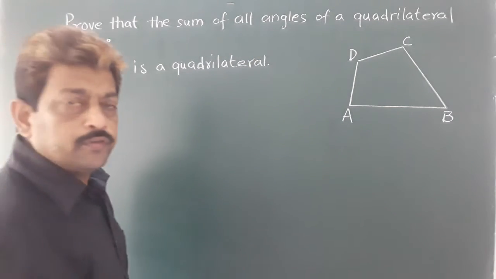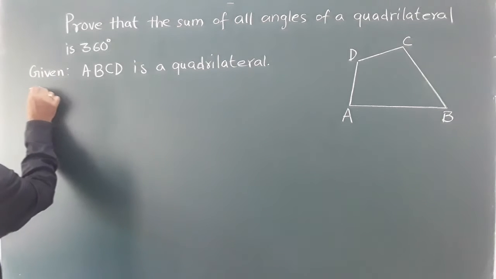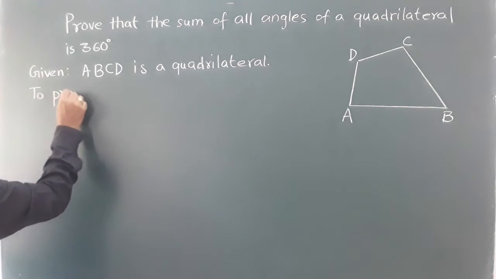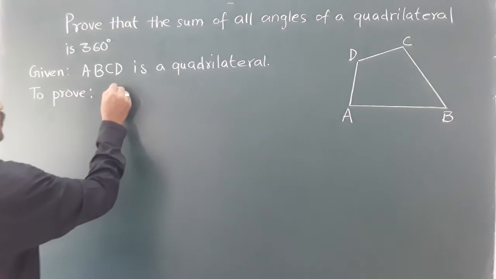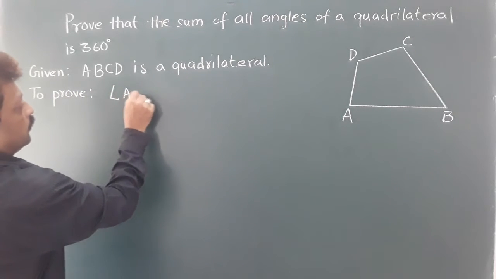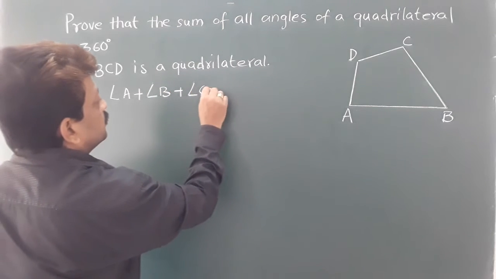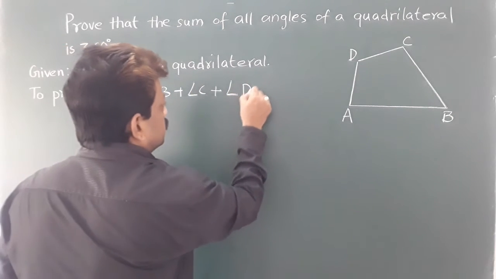What do we have to prove? We have to prove that angle A plus angle B plus angle C plus angle D equals to